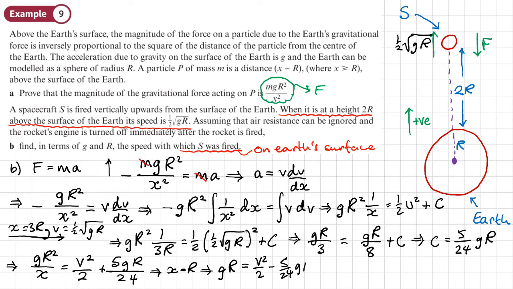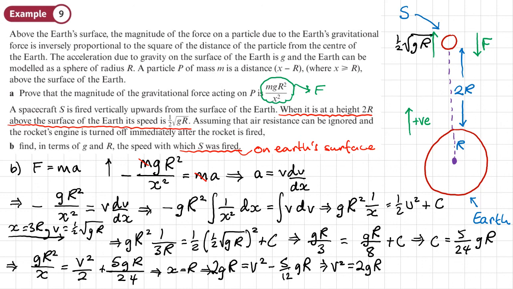So now if I times both sides by 2, then this 2 goes here, so that can just become v squared. If I times the 5 over 24 by 2, that just becomes 5 over 12. And then this becomes 2 here. I can rearrange it and say that v squared is equal to 2 gr